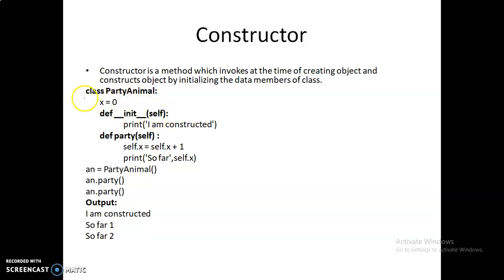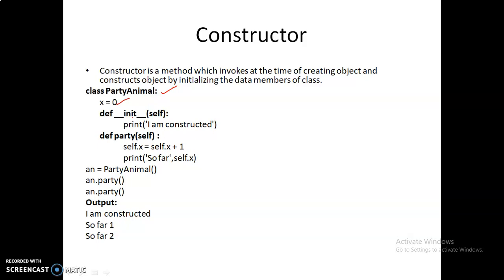So the same class is rewritten. Party Animal is the class, and x is the data member initialized with 0. This constructor method is generally used whenever you want to initialize your class variables with particular values at the time of creating the object.